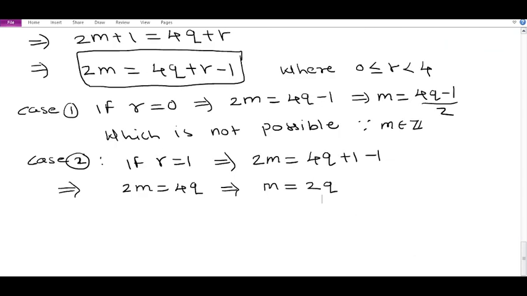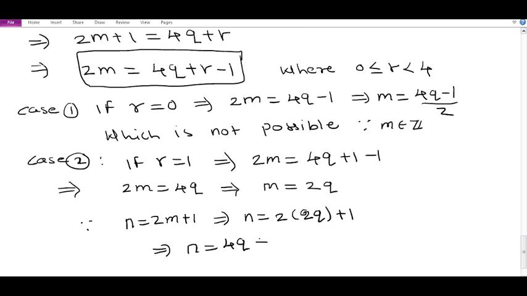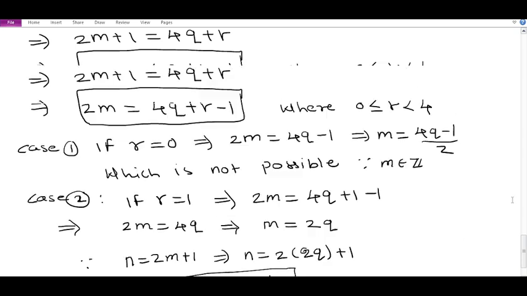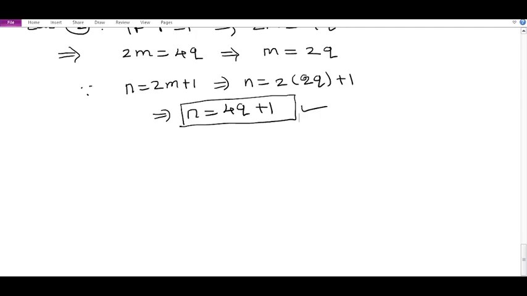Since n is equal to 2m plus 1, n can be written as 2 times 2q plus 1. So n is equal to 4q plus 1, and hence an odd integer can be written in this form. So now next,